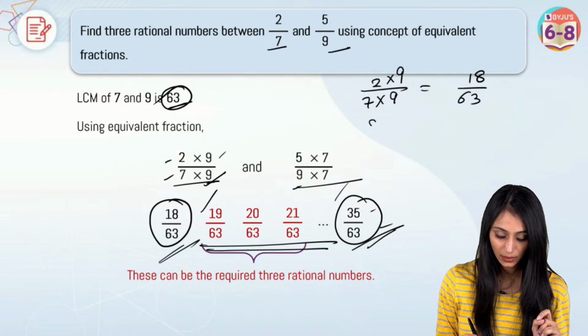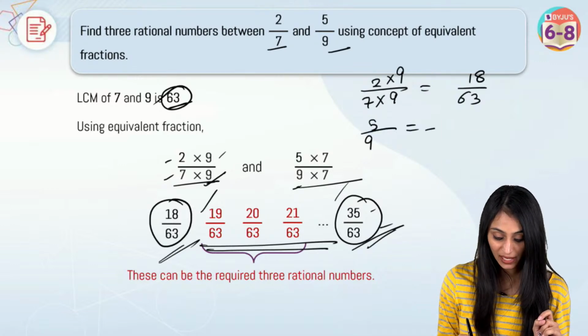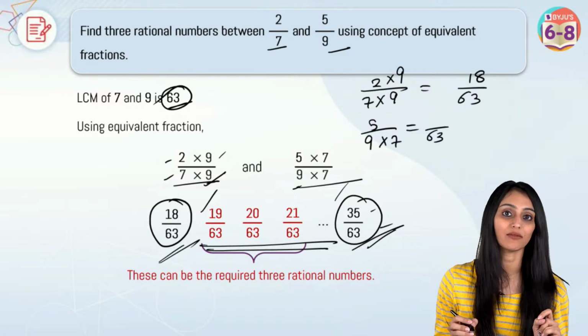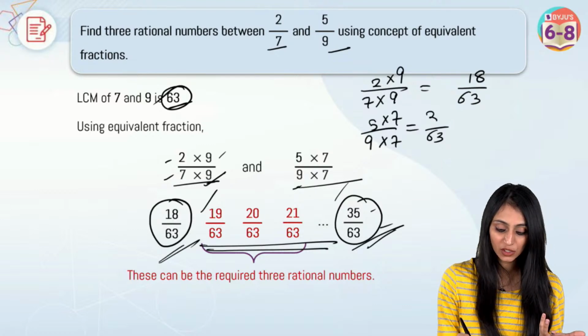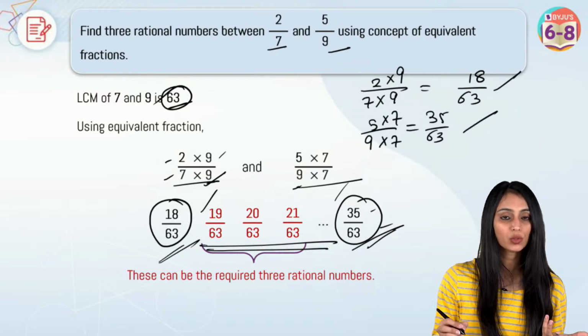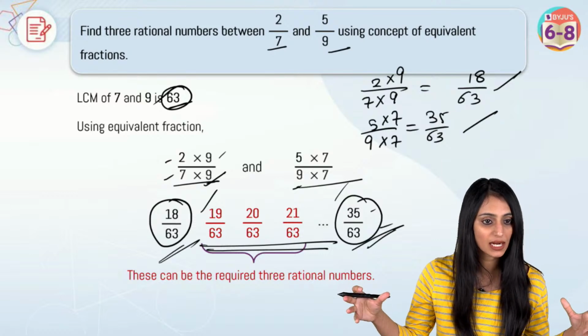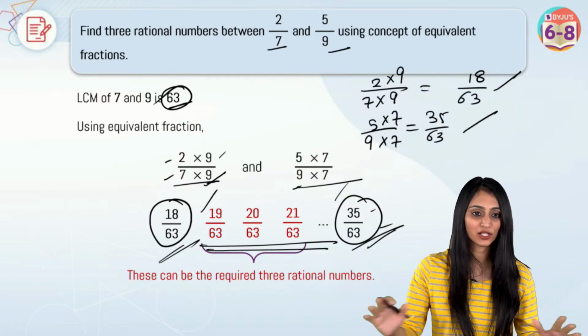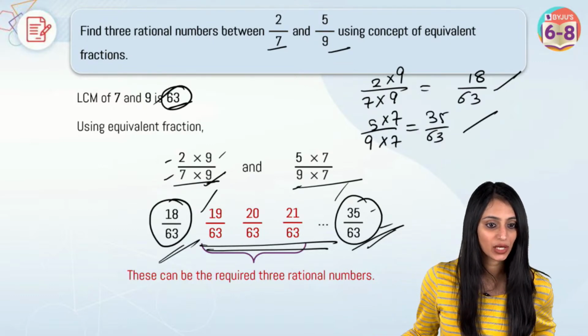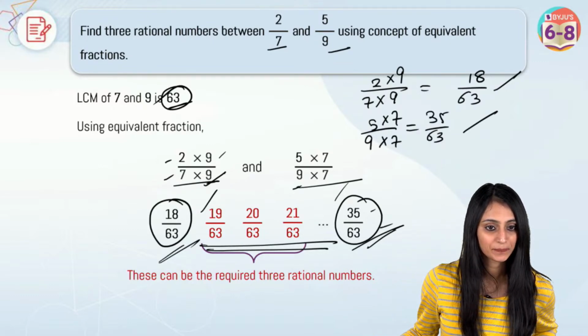Right? And another one is 5 by 9. So the denominator has to be 63, so I'll multiply this by 7. Since we are multiplying by 7 in the denominator, you multiply by the same number in the numerator also. So between these two rational numbers, you can pick all the numbers that we have. Understood? Great. Thank you, Gayatri, Priyanka, Nandini, Aradhya.